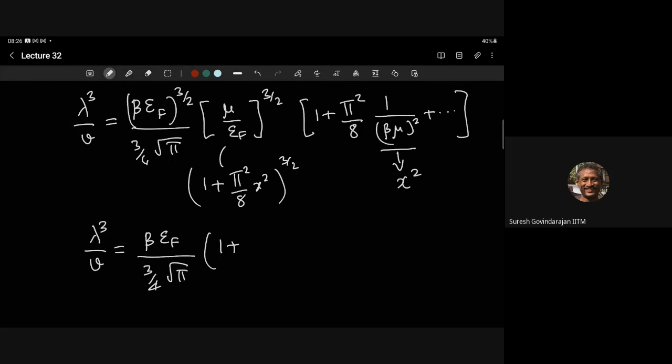Second term will be x power 4, so I throw it away. Okay, so 3 by 2. So that becomes 3 pi square upon 16 x square into